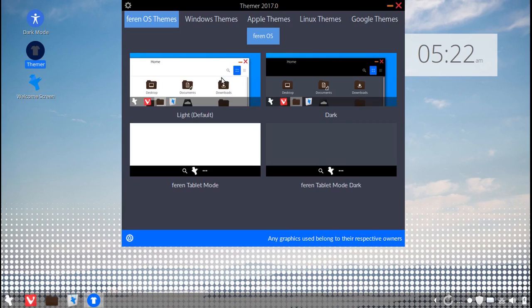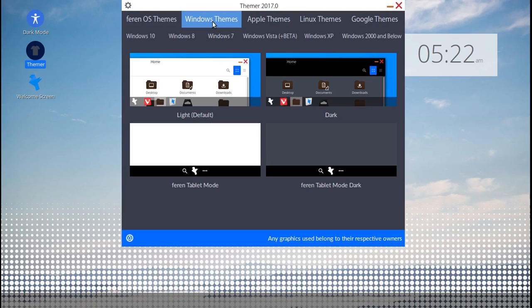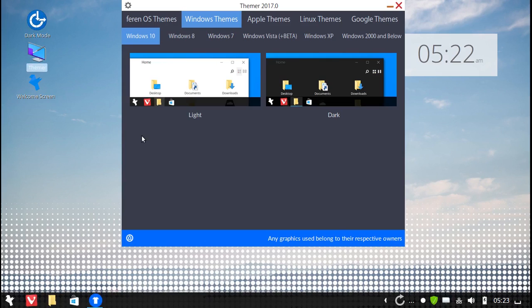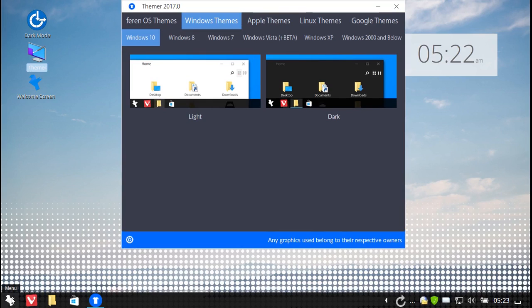So you got light as the default, dark, tablet mode, and Windows themes. I would love to see how this looks. I haven't seen this before in any Linux operating system. Directly for Windows themes. And why not, eh? You can see, this looks...